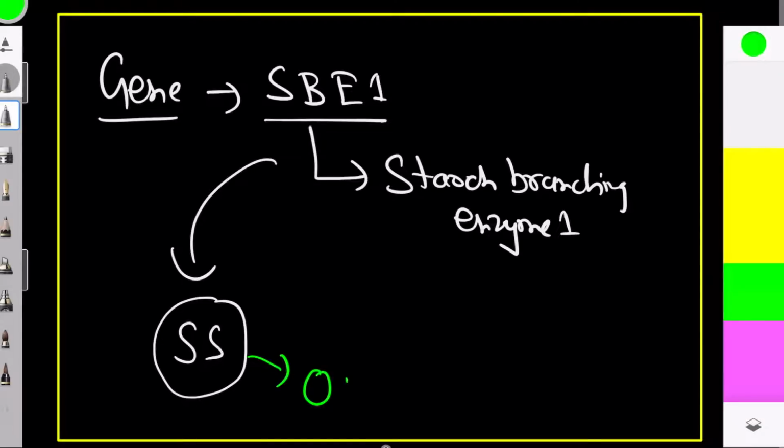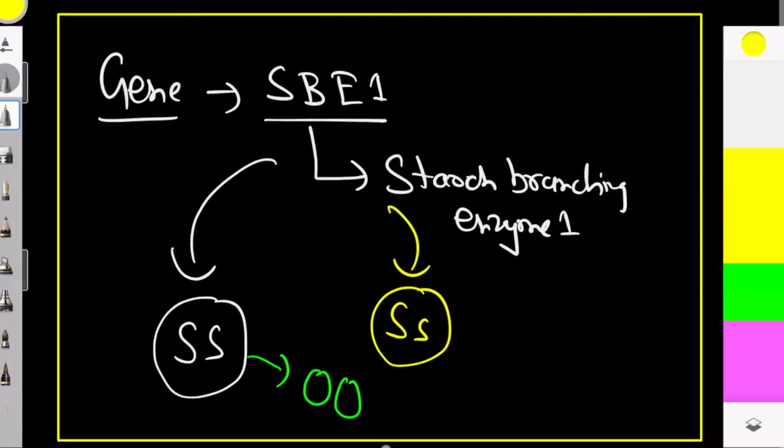You are going to see round seed, and if you are going to have this one heterozygous condition, capital S, small s, here in this case you are also going to see round seeds, and if you are going to have this one small s, small s,